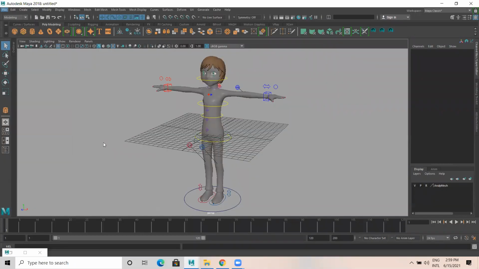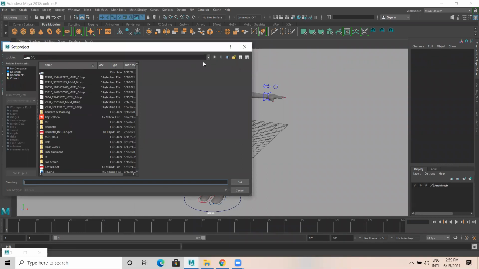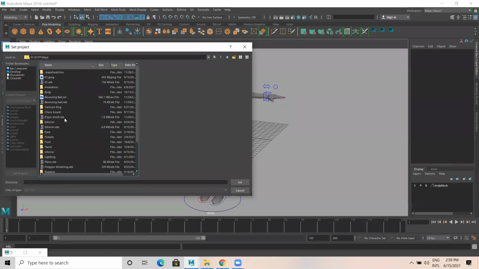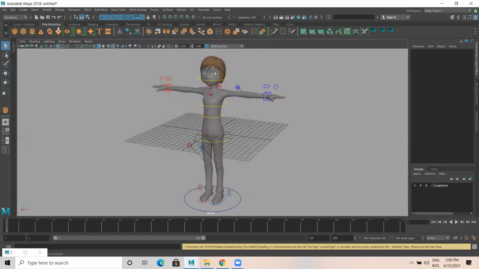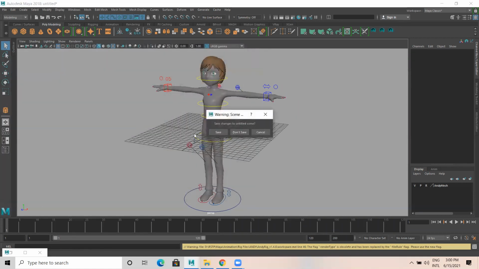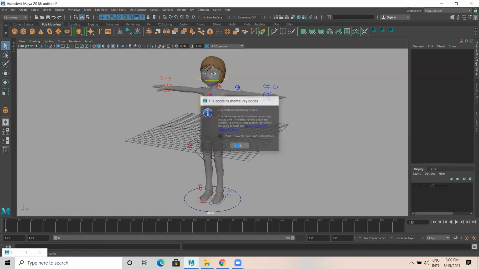I set project, RSTP Maya, animation rig files, and open.